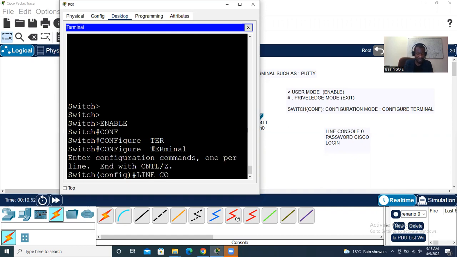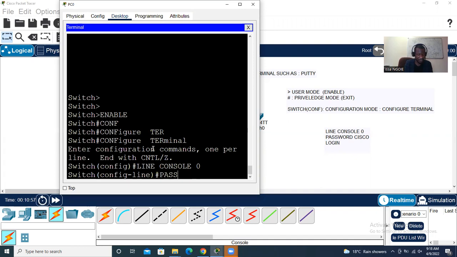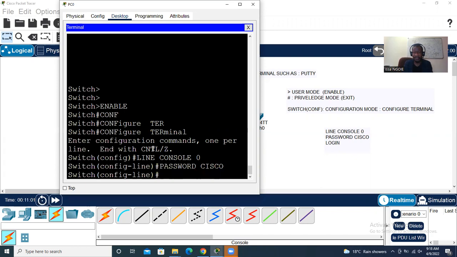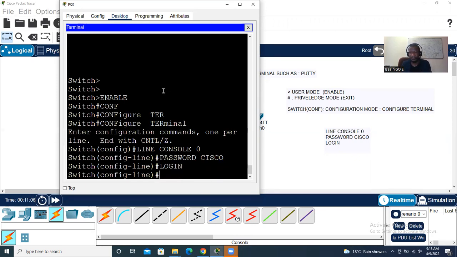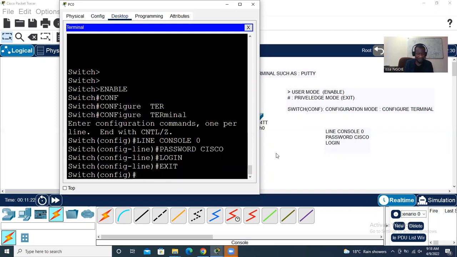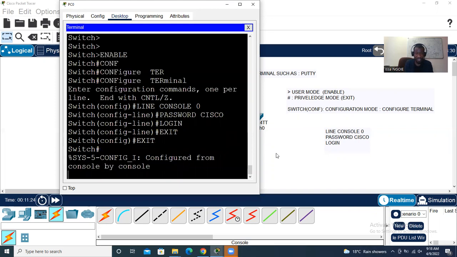Now you type line console 0, password Cisco, press enter, and you say login, right? So this is how you can set up a password for your console port. And for you to test, you must exit, right? I can exit once, you exit again,